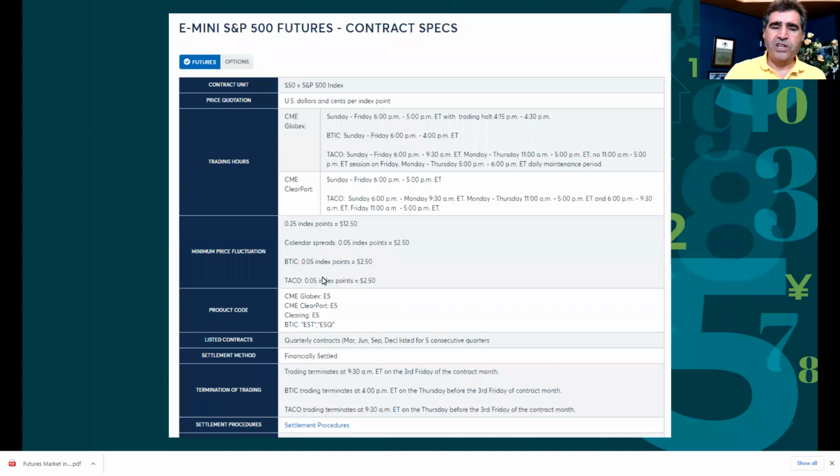Now the contract unit, and we will talk about the ticks and the tick sizes and the value, is what happens with one point in that underlying, in this case the S&P 500. So let's say the S&P is at, I'll just use a simple number, 4,000. If it goes from 4,000 to 4,001, that $1 movement, how much money is in my pocket? If it moves $1 up, it's $50. If it goes down $1, I lost $50. And then you have the margin requirement.